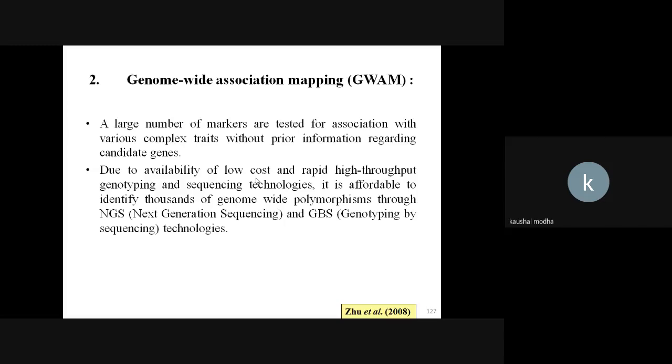Here we don't have any information about the region governing the trait, and we take into consideration a large number of markers across the genome. Then we associate the LD map created from these genome-wide polymorphisms with the phenotypic trait. Genome-wide association mapping was previously not possible, but now, because of availability of information about